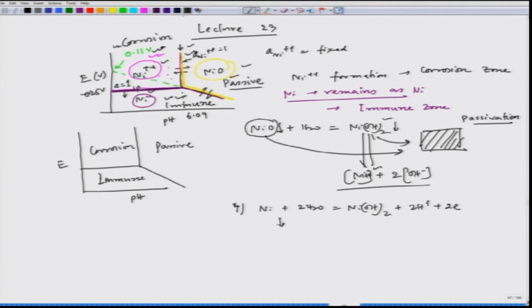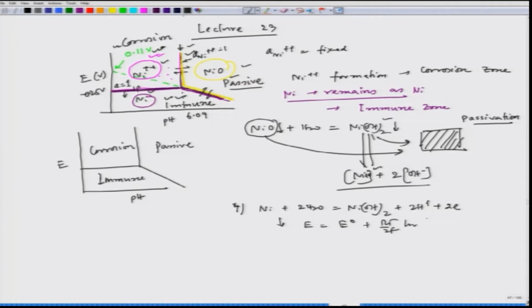And if we do the calculation, we would see that it would generate the same line we see here, if we fix the concentration of nickel ion. Now, here the nickel ion is not coming into the picture. So, the only thing is it will be decided by potential, which will be E0 plus RT by 2F ln